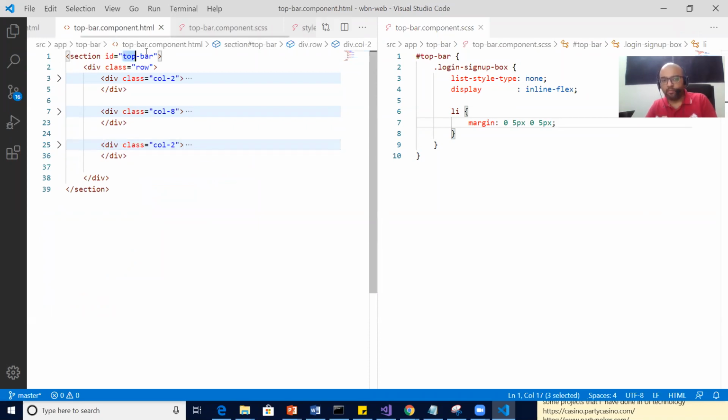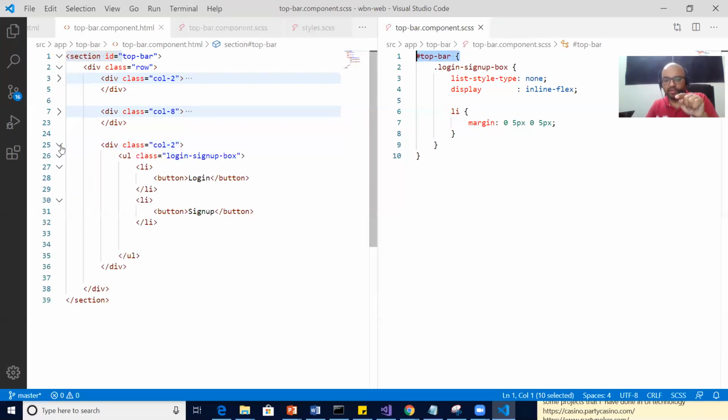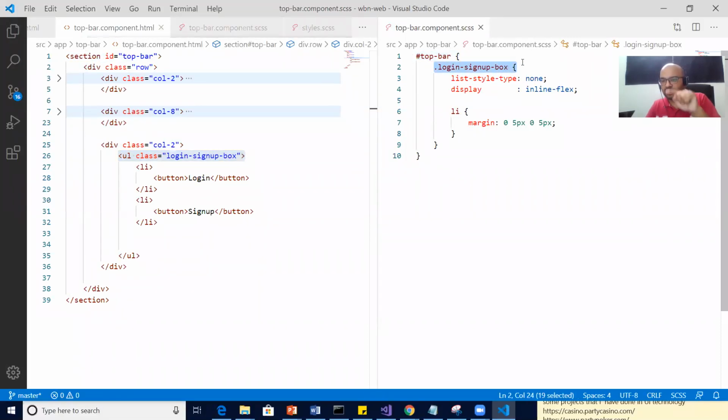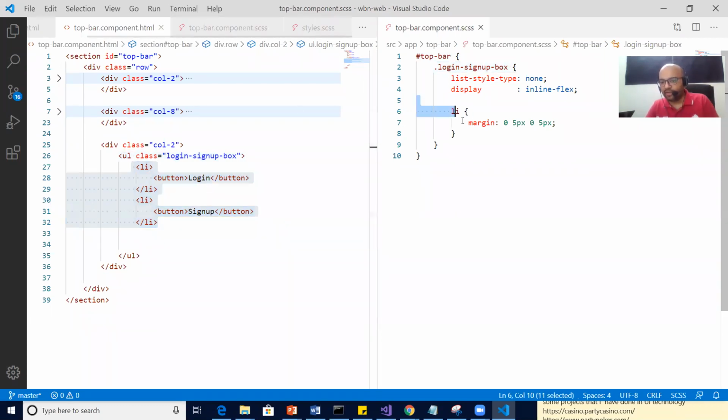So parent class, top bar, parent class, right? Parent class, first curly braces. Second class we are talking about, the child class we're talking about is this. So second curly braces. I need to style inside UL, which means LIs. So LIs are again child class of UL. So again, one more curly braces inside this. Is it clear to you or no? Yes or no? Yes, sir. Okay. All of you, right?